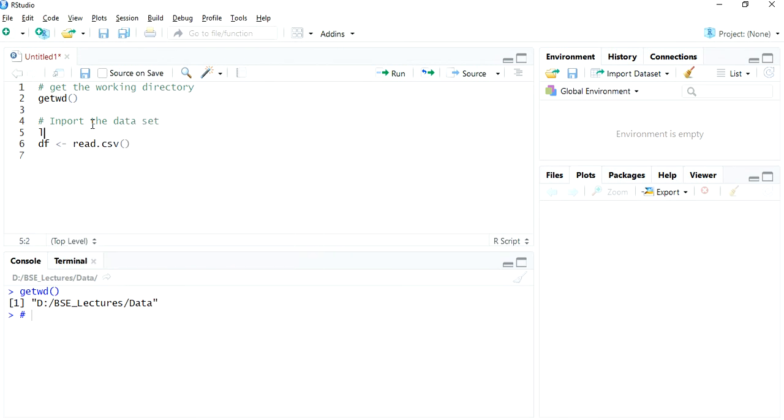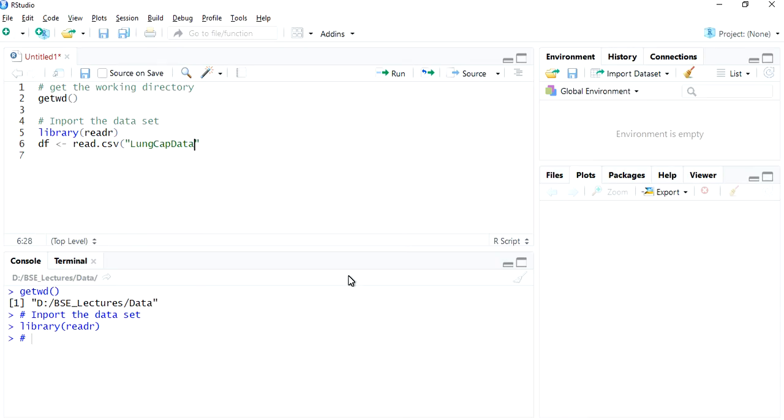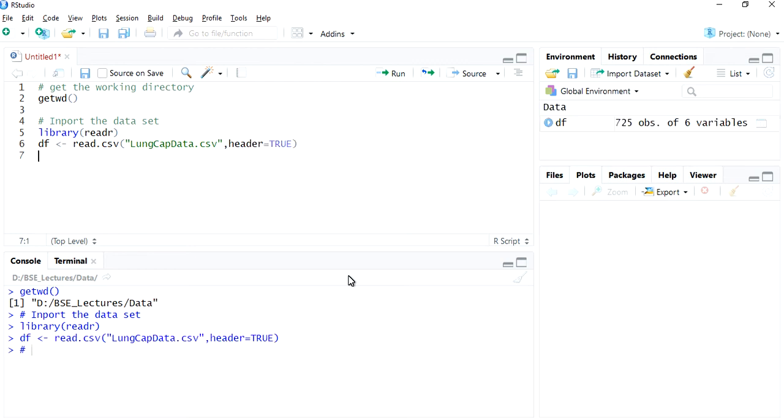Before this, we should have loaded the library readr. I'm going to read it from a CSV file. The file name is lung capacity data.csv. So just put the data file name dot csv, comma, header equal to TRUE. So we are just loading the data.